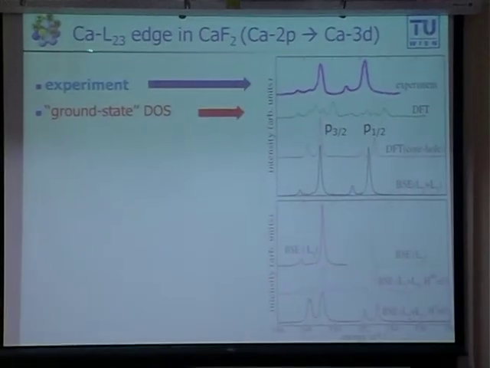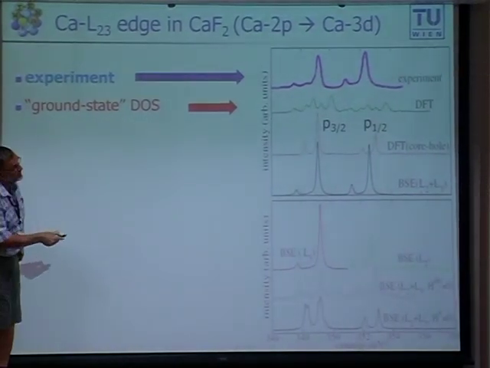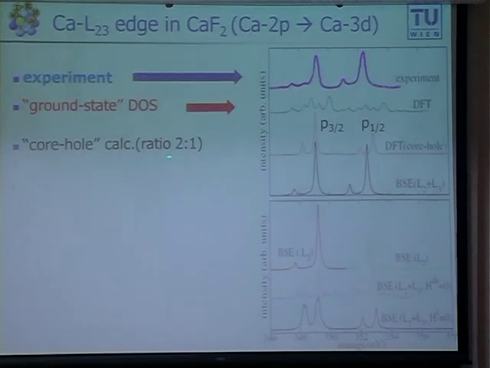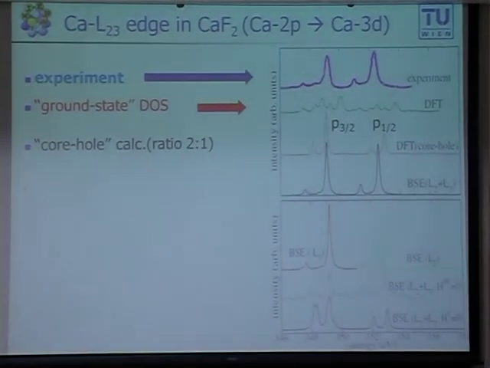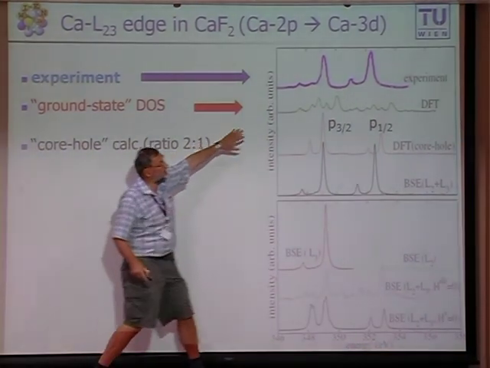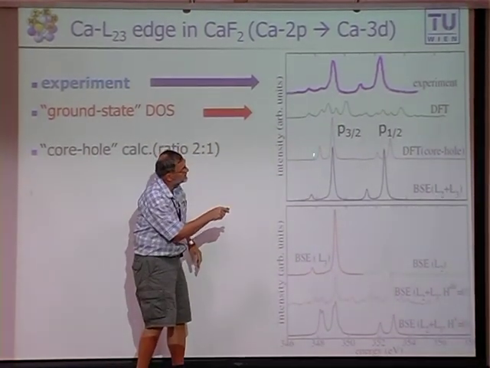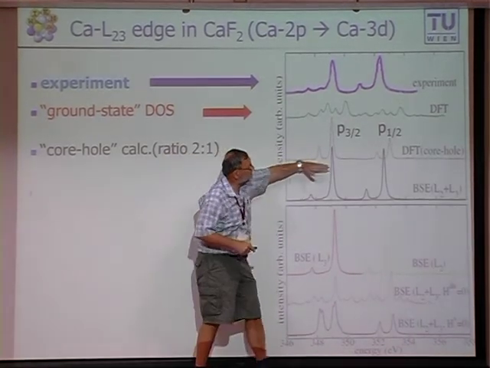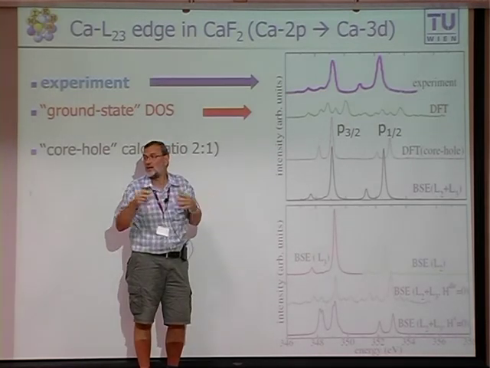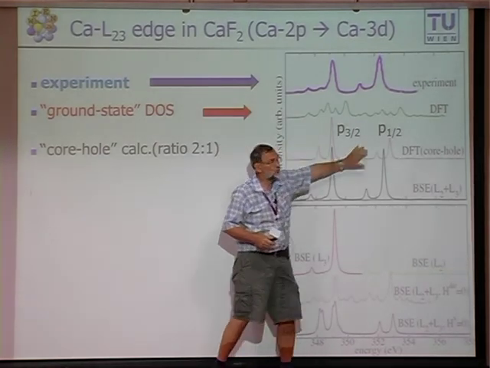This is calcium fluoride and the L-edge. This is experiment. If you use a ground state DOS, it looks like this. It has nothing to do with experiment, you could say, right? If you do a core hole calculation, you already get this localization. So from the ground state calculation with a core hole, I get this doublet and nothing here and here anymore. But since P1/2 and P3/2 are independent, I get, of course, an intensity ratio of 2 to 1,